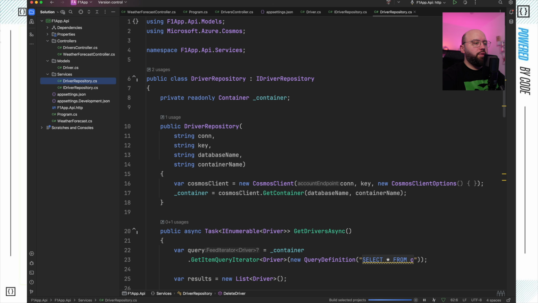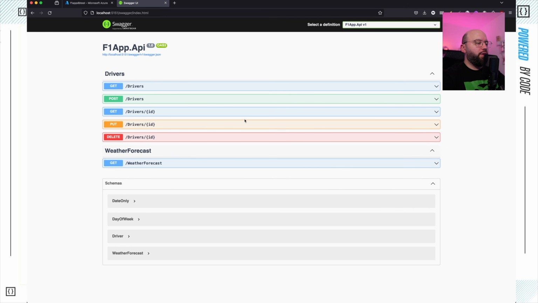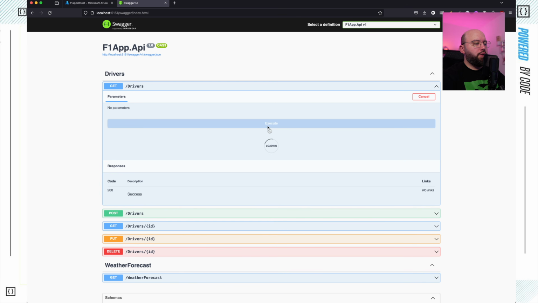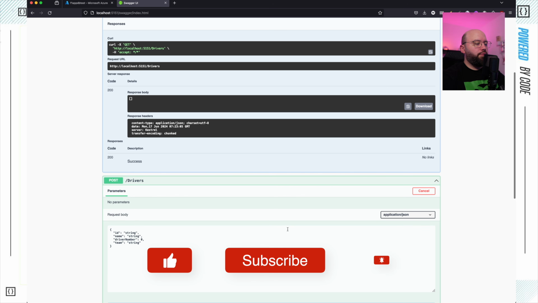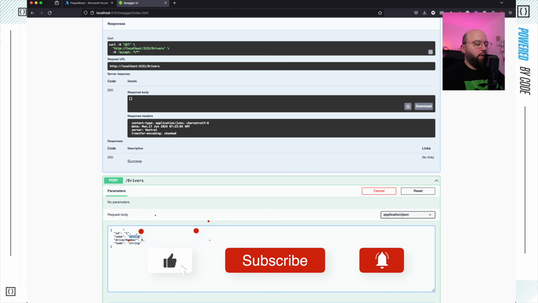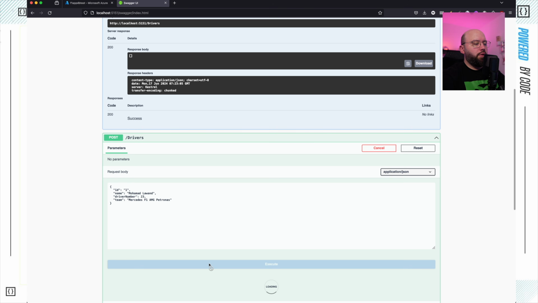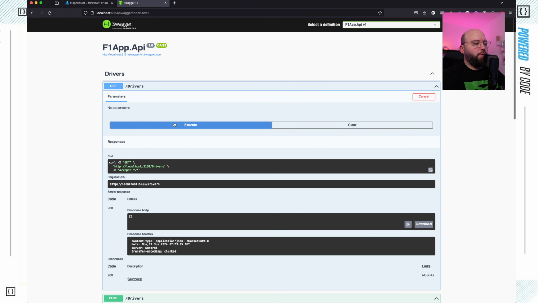I'm gonna run this and I'm gonna go to my web browser, and now we can see all of my different endpoints. So I'm gonna start by get the drivers. I know this one should be empty because there's nothing there, and we can see we have an empty response. Now I'm gonna post a driver. I'm gonna say ID equal 1, name, let's say Mohamad Lawand, driver number 23, team, Mercedes F1 AMG Petronas, execute. We got back a 201, this has been created,